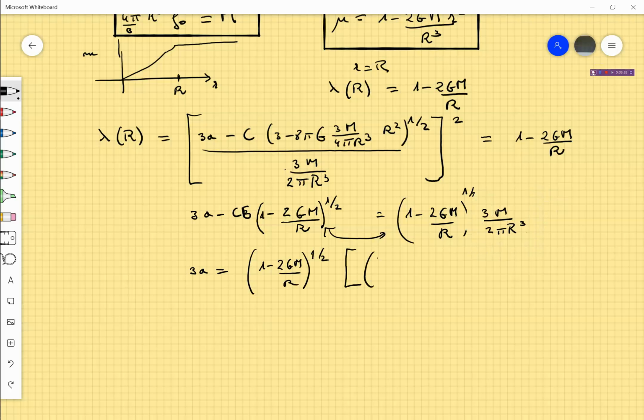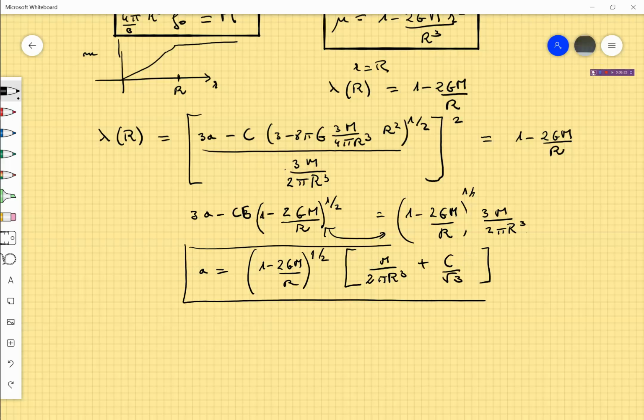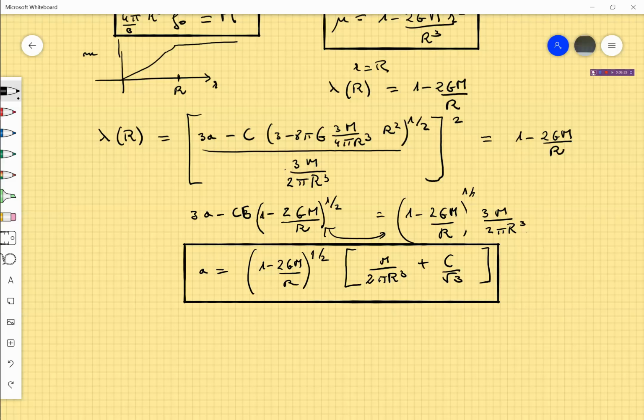So this is 3M divided by 2 pi R cubed plus c square root of 3, and if I divide by 3,